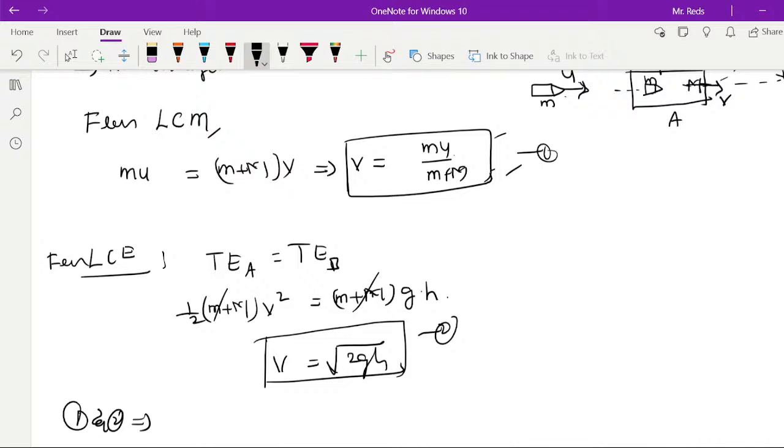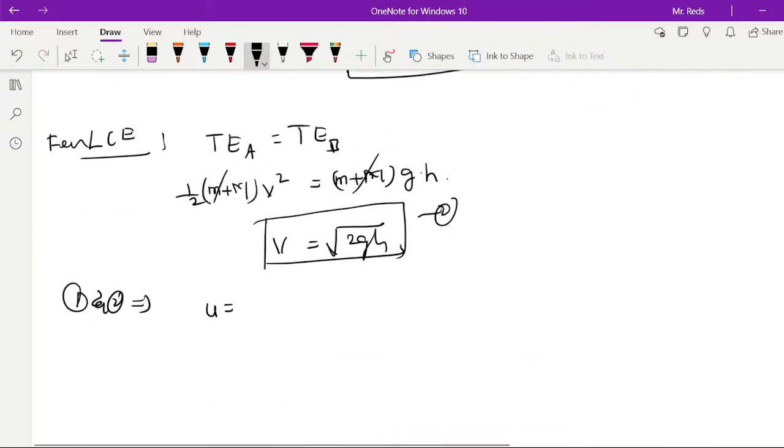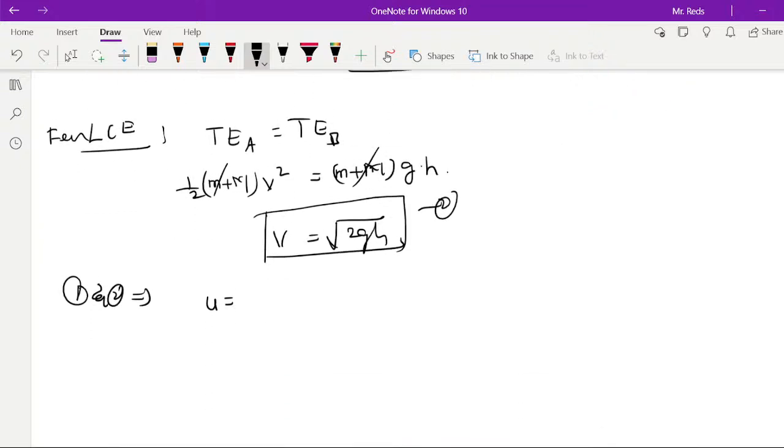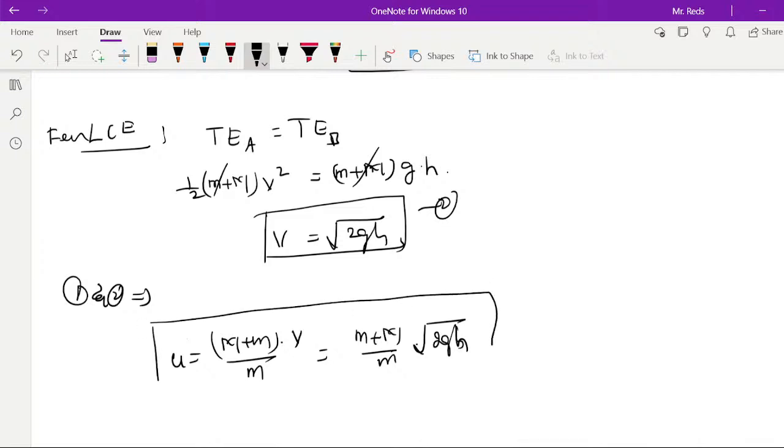So small u is equal to (m plus M) by m into v, which is square root of 2gh. By knowing the masses and the height raised, we can find the velocity of the bullet